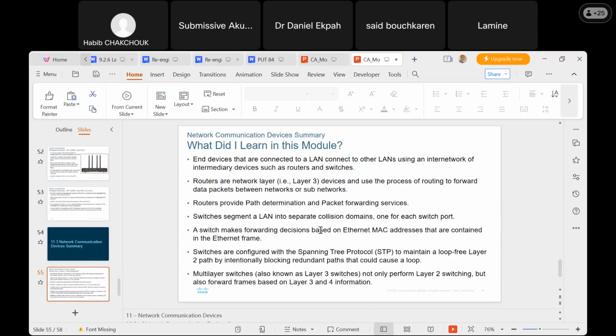And then we also looked at switches in terms of receiving one frame and rebroadcasting that frame. So routers provide better path determination and packet forwarding services. Switches also segment LANs. A switch makes forwarding decisions based on MAC addresses, just like your routers will make decisions based on IP addresses. And so we also said here that switches are configured using spanning tree, STP, and the primary aim is to avoid loops, make it a loop-free path,